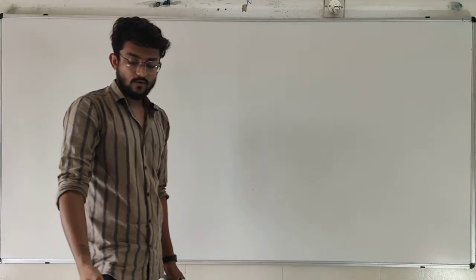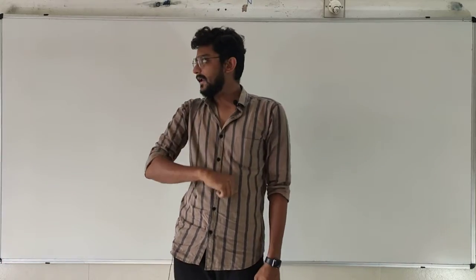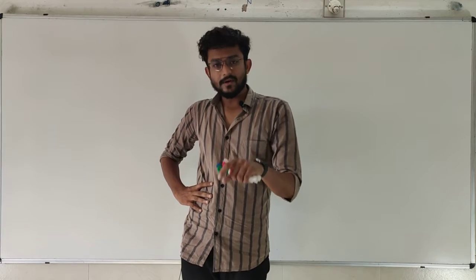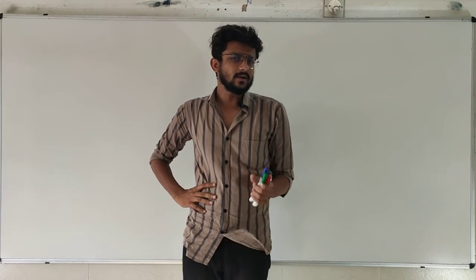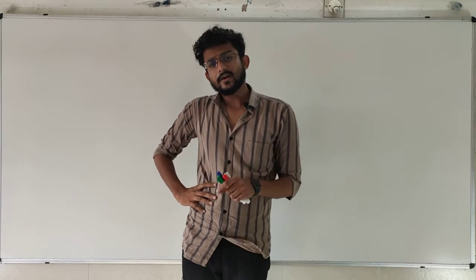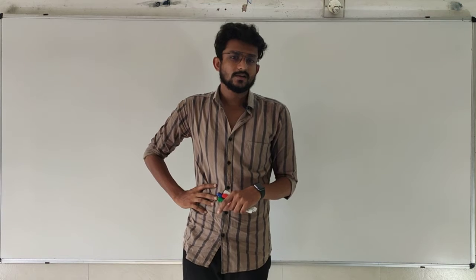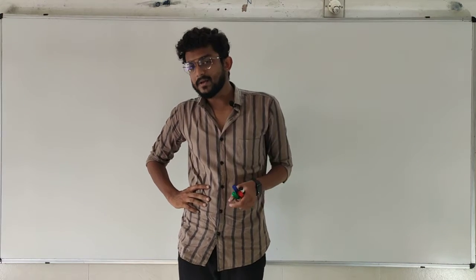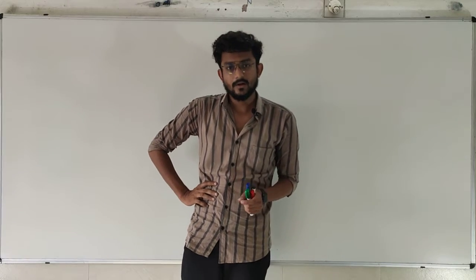Good morning, students. In the previous lecture, we discussed some of the numericals. Those numericals were on quantitative analysis of organic compounds. We calculated the percentage of carbon, hydrogen, and nitrogen with the Dumas method and Kjeldahl's method. After that, we calculated the percentage of sulfur, phosphorus, and halogens. All those sums were from the examples and exercise of chapter number 12.